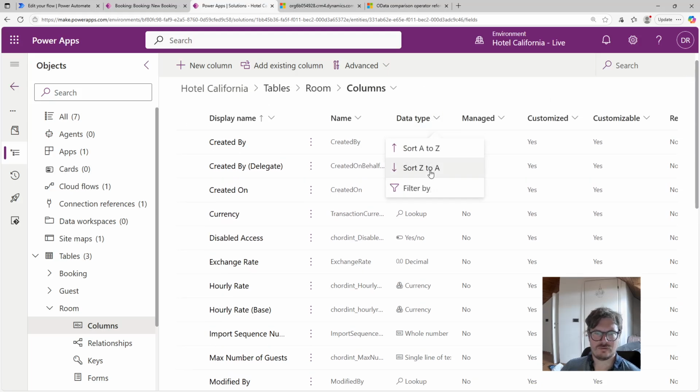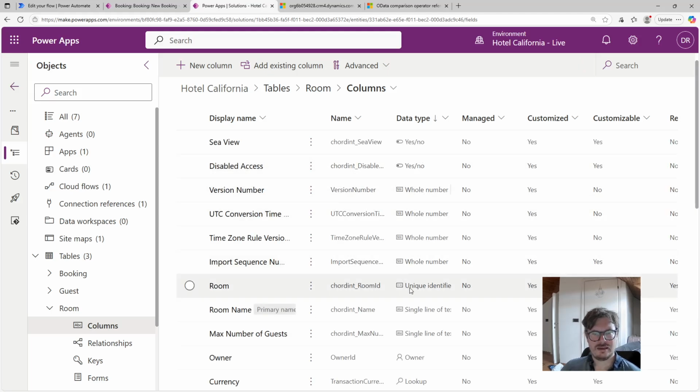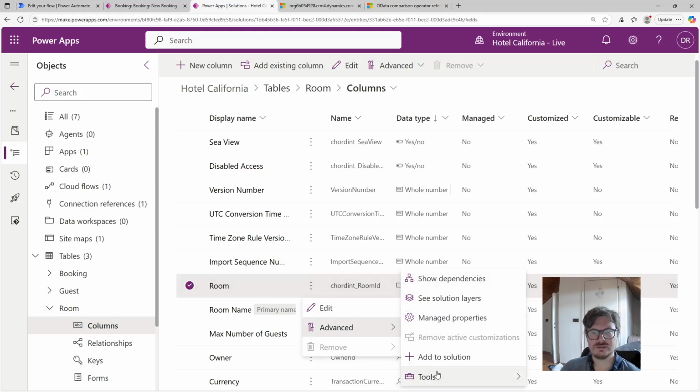So what I like to do is sort. You can either filter or just sort Z to A, and you'll see unique identifier come up here at the top. And you'll see here's the name of the room, and here is the name of the column, but it's not quite the name we want. So if you go to the three dots, advanced, tools, and then copy logical name,